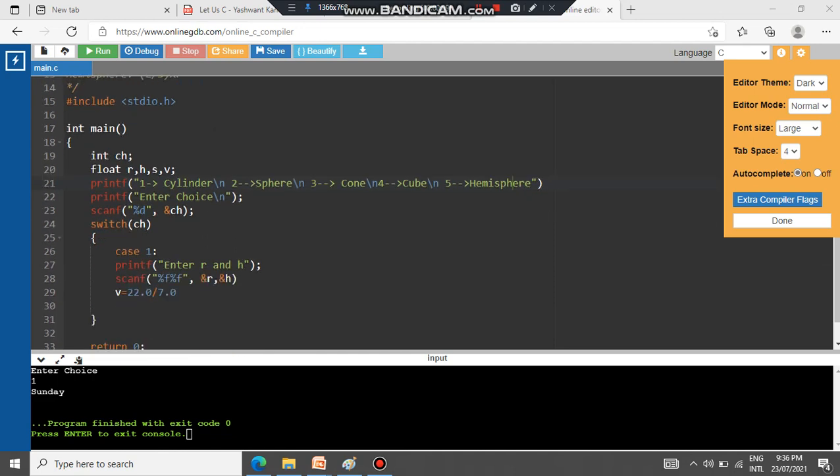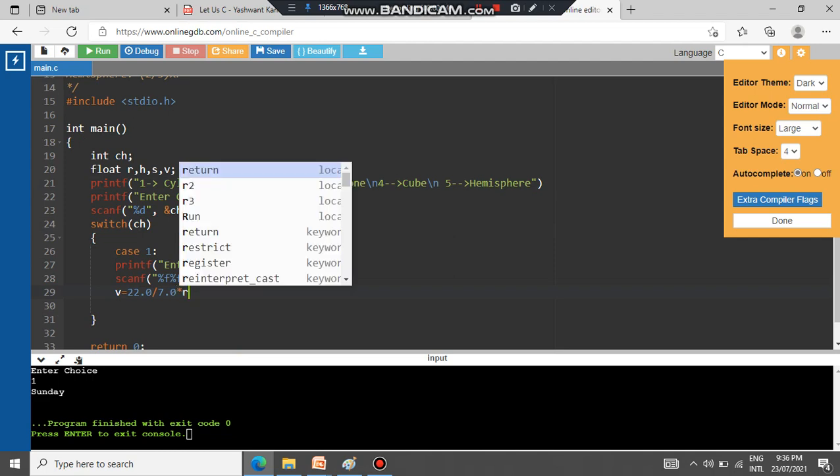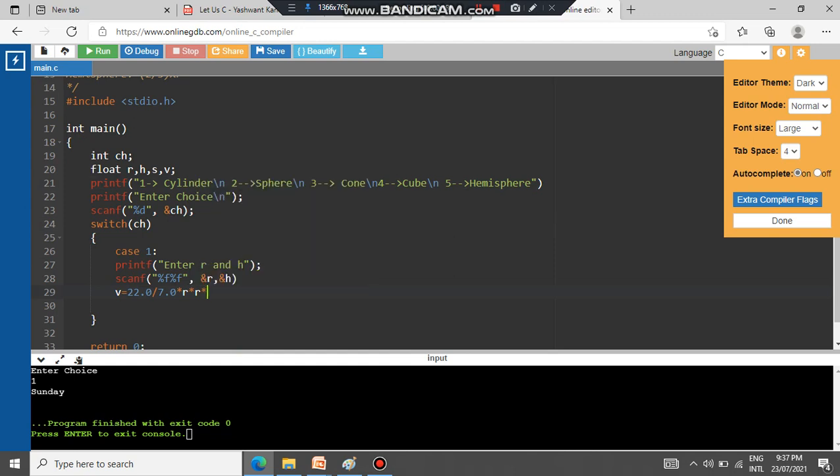So we will calculate. V is equal to pi, which is 22 by 7, multiplied by r multiplied by another r, because r into r is r square, multiplied by h, semicolon. Then you can print the output of the volume.